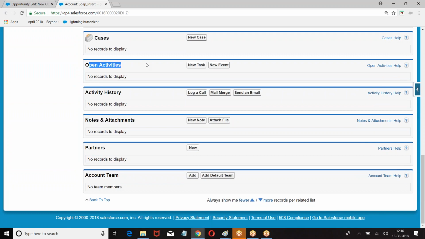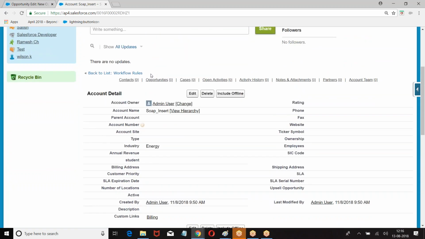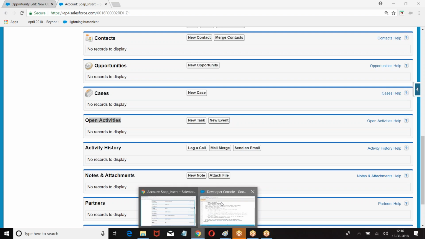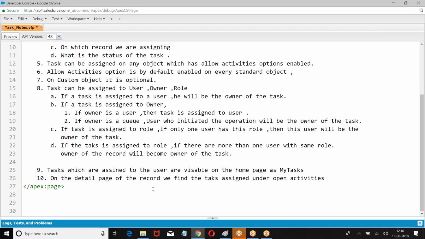Open activities. On the detail page of the record, under open activities, you can find the task assigned.